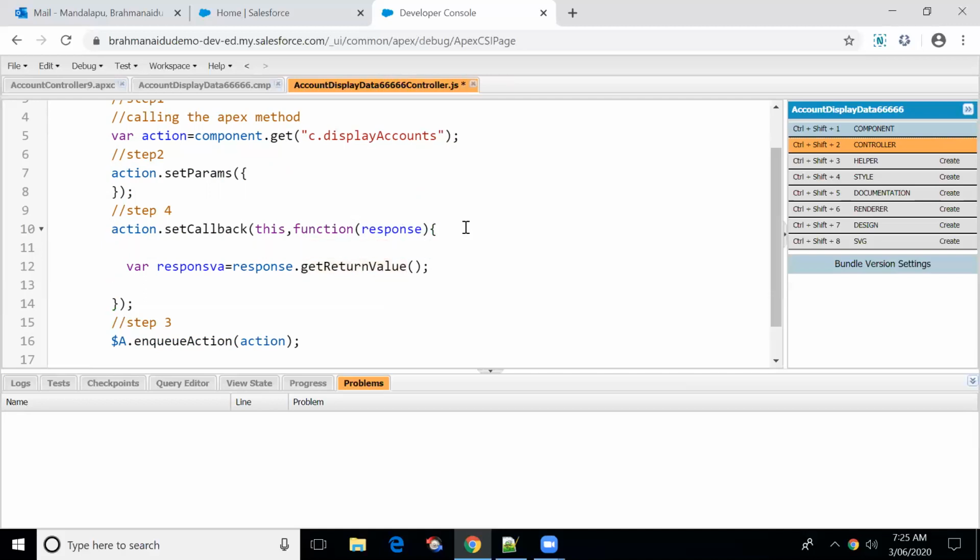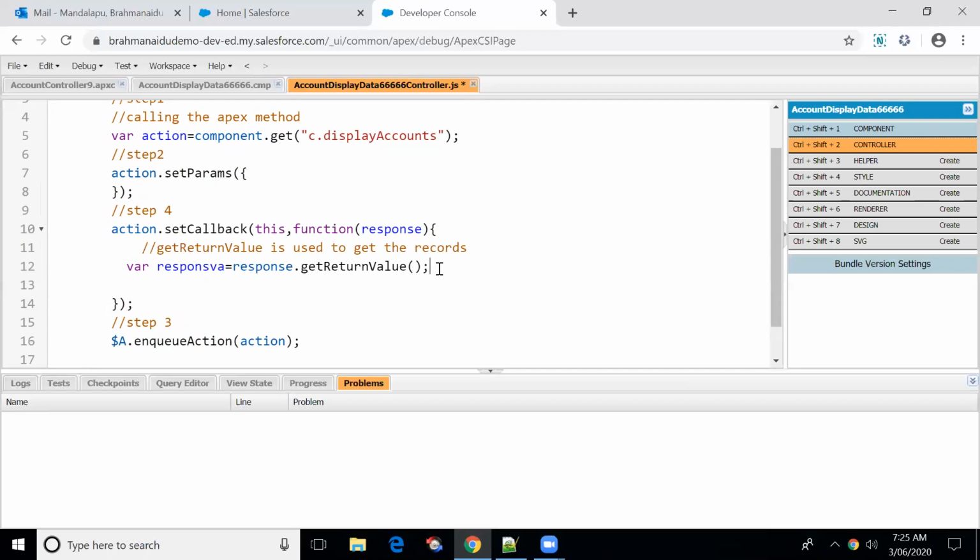Okay, so let me put that as well. Get return value is used to get the records from the response. That's it. In this scenario, records, right?